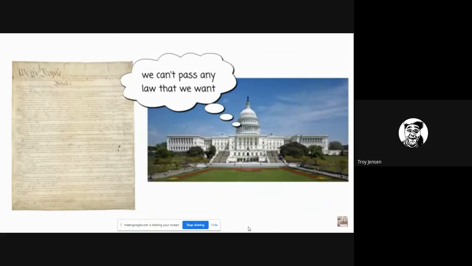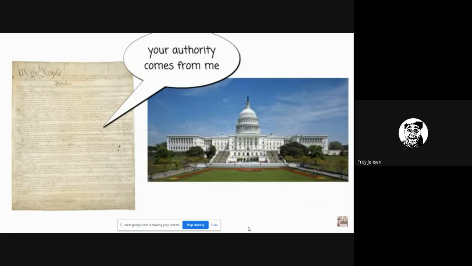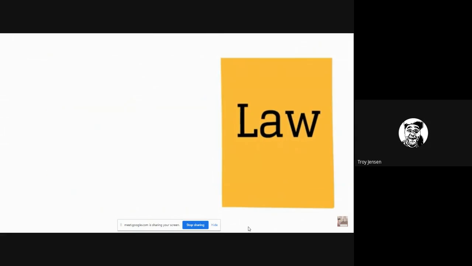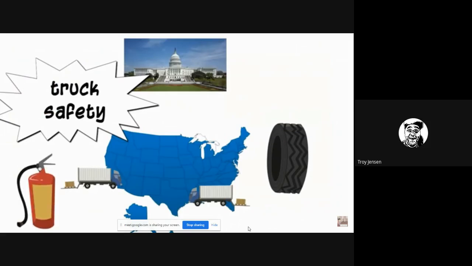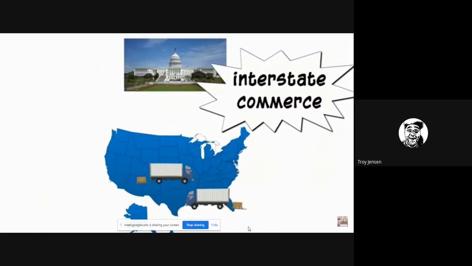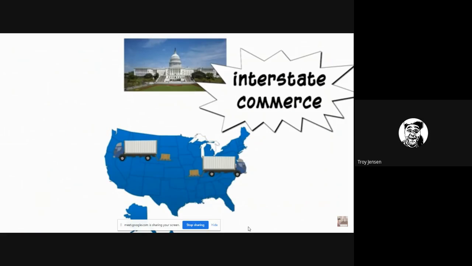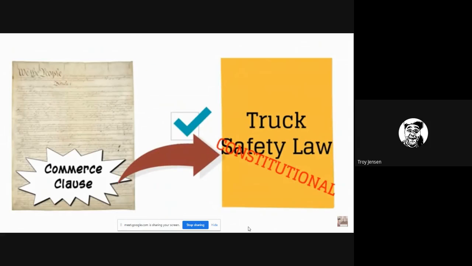So Congress cannot pass just any law that it wants. The law must have a constitutional basis. So if Congress passes a law, we can ask whether the law is related to interstate or international commerce. For example, let's say Congress wanted to pass a law regarding truck safety. If Congress can show that this law is related to interstate commercial activity, then the law should be constitutional under